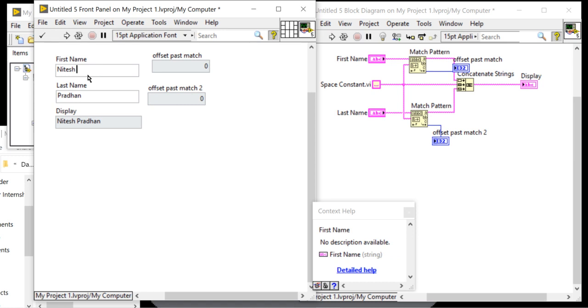It will tell me after NITESH, which is 6 characters, in the 7th location the space is present. PRADHAN is 7 characters, and in the 8th position the space is present.